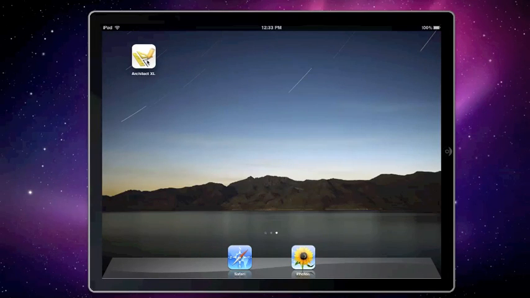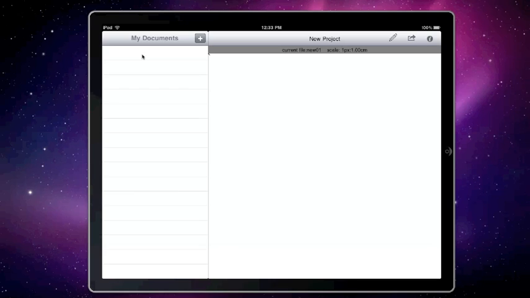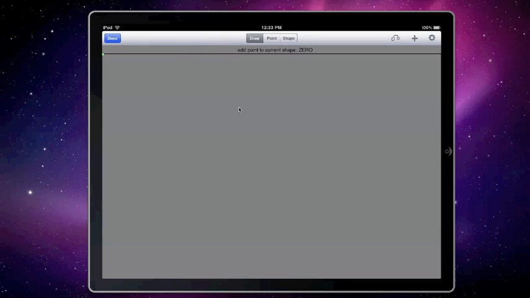Here we are. Let's start a quick demo of Architect Excel application. So when you first start the app, the document browser is empty, and here with this plus button we can add a new project. So let's start it up. Okay. When you start a new project, the drawing area is completely empty, and you are in draw